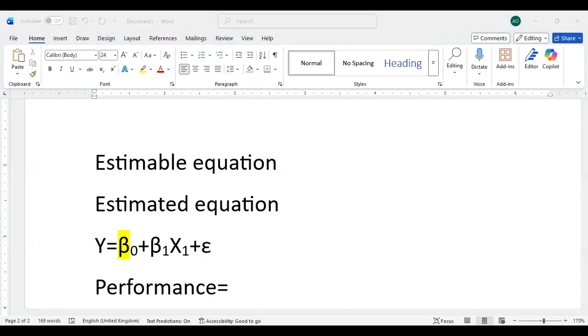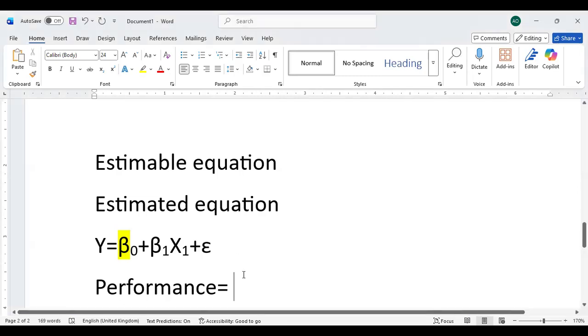And the outcome variable of interest is what? It's performance. Is that not the case? Yes, sir. Performance. Then the beta naught